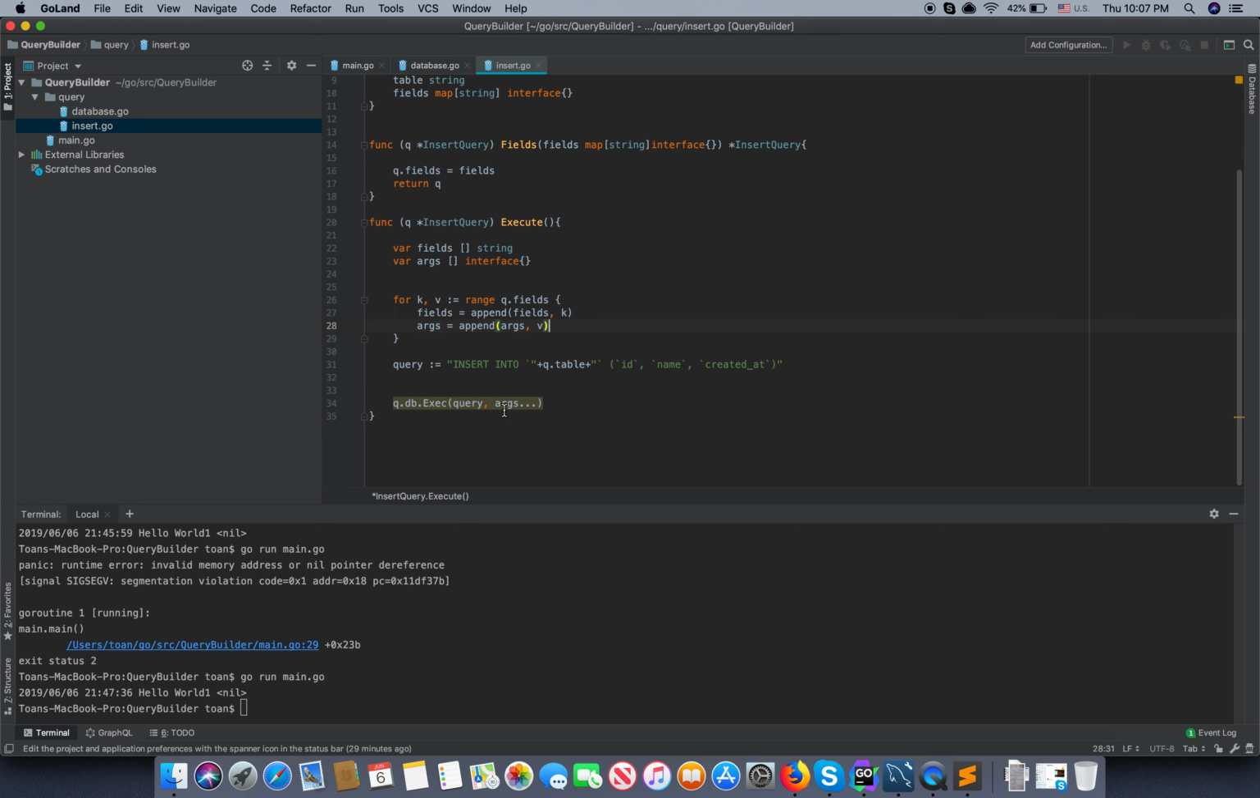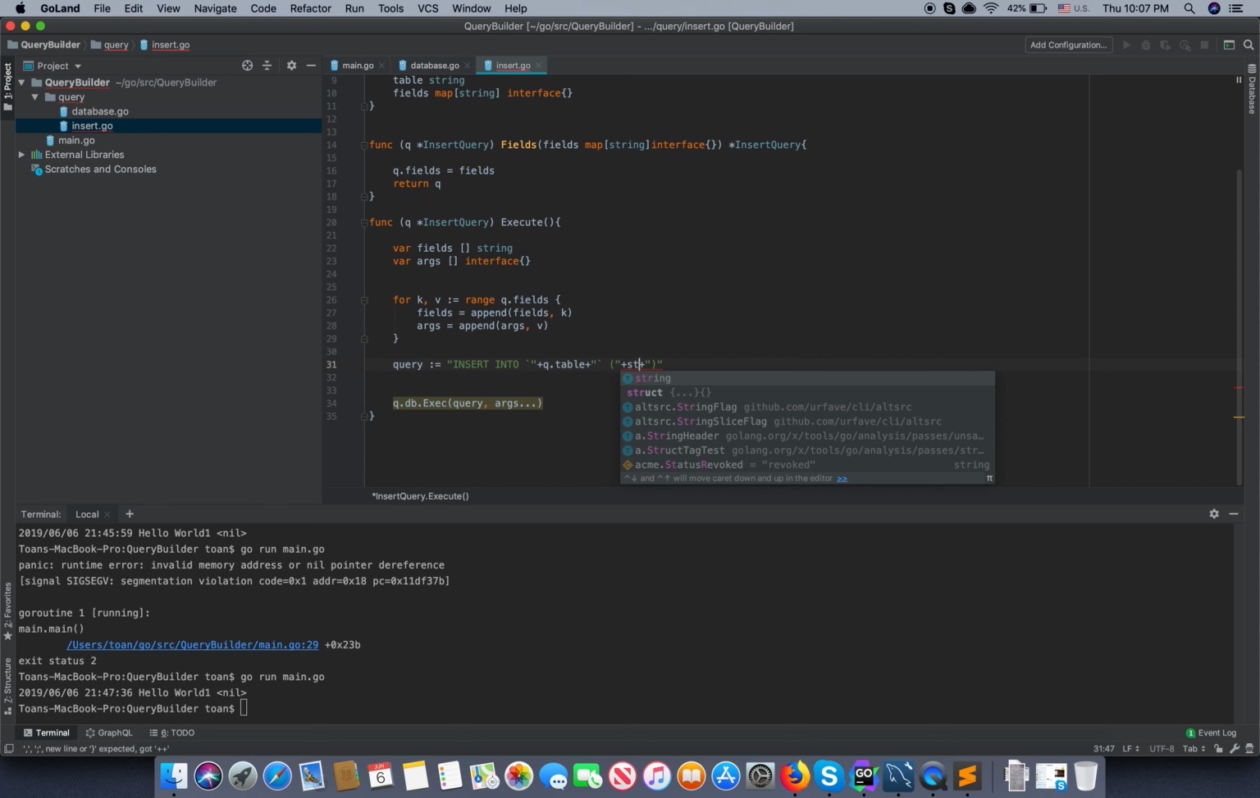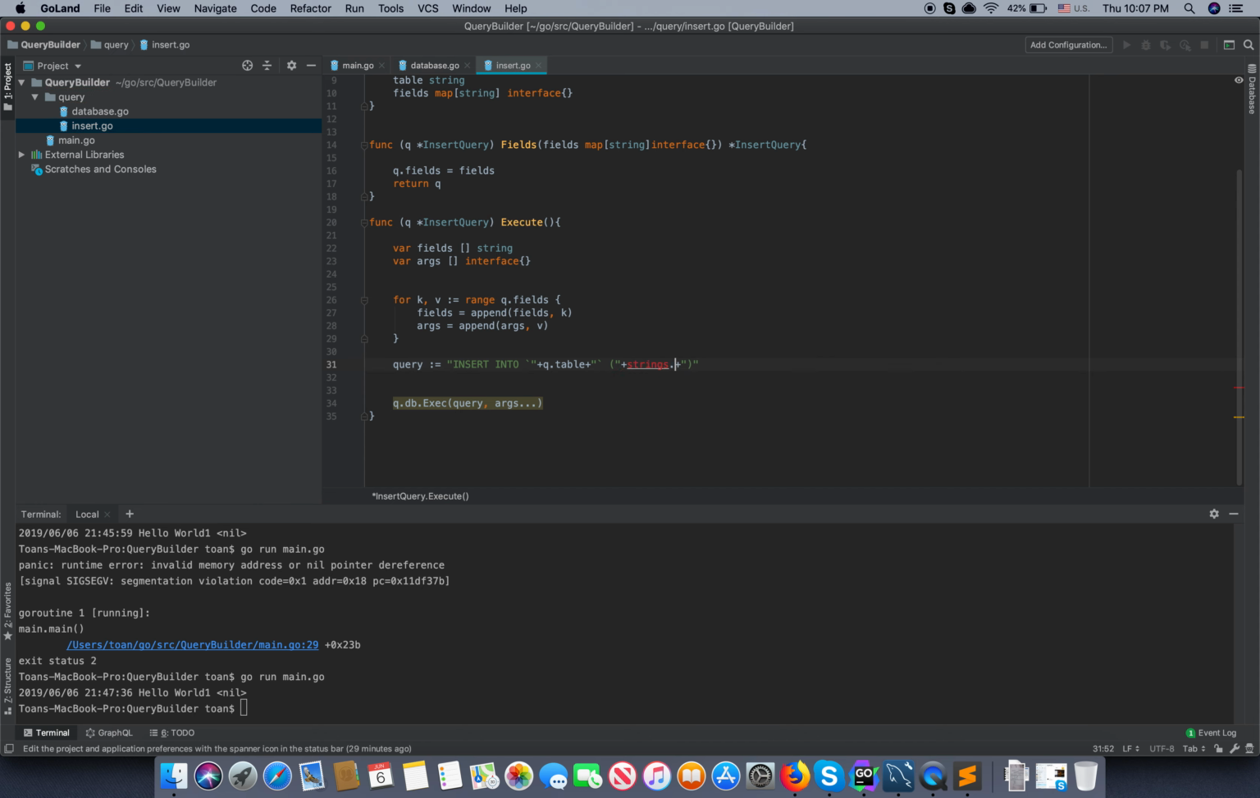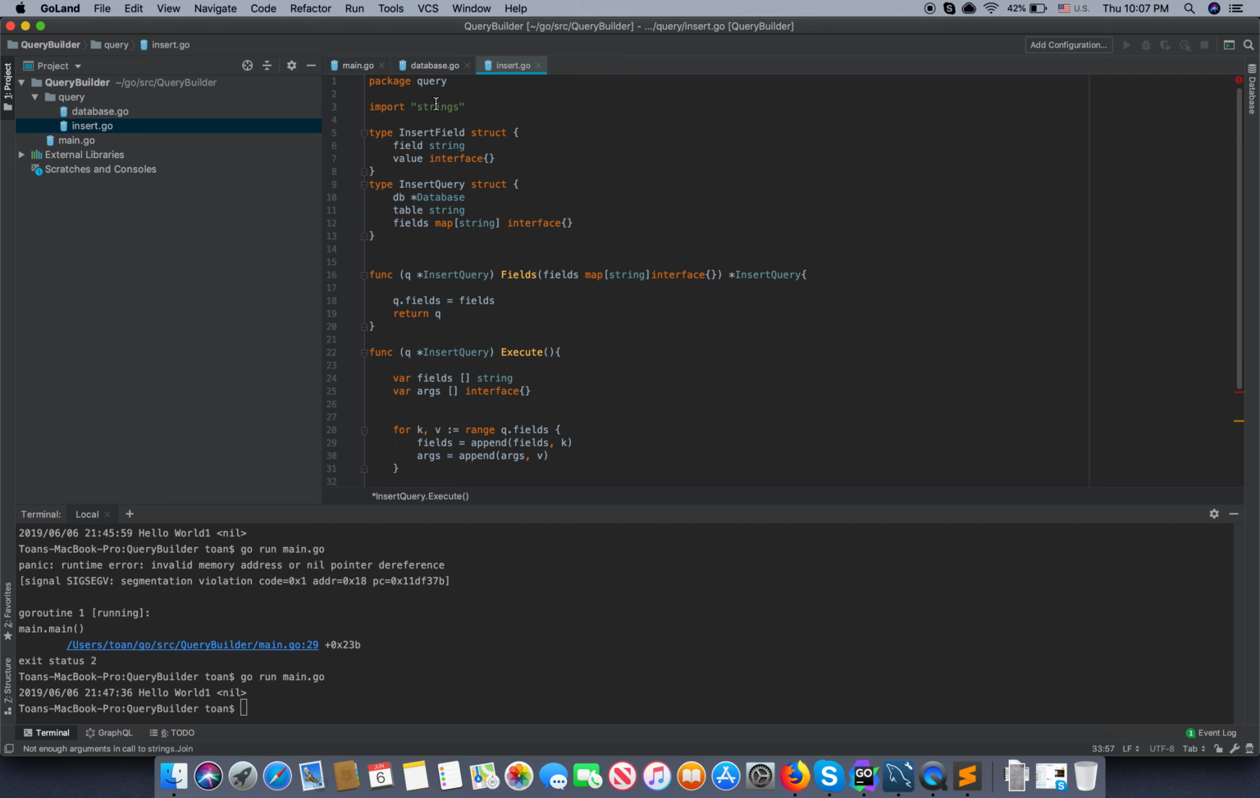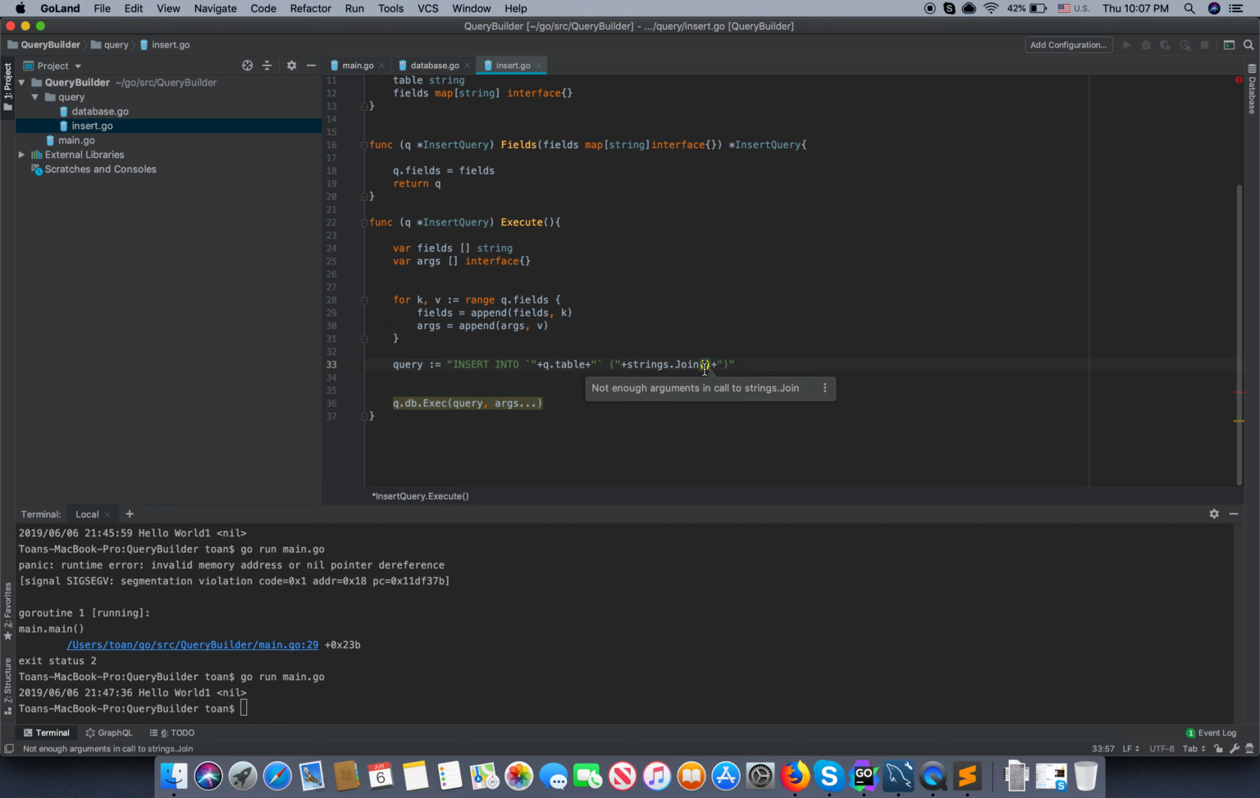Okay, so that is enough. And insert into, now I'm going to replace this and remove that. So we do need to, it should be plus with strings.Join. So you have to import the strings library. strings.Join a field